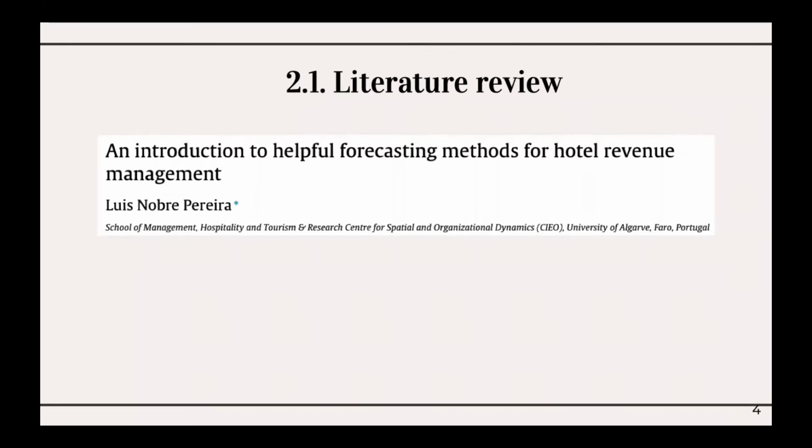They did not use traditional forecasting methods like we did in our study because their study was too complex. They studied the data from a Portuguese 4-star hotel with 300 rooms of 3 types: classic rooms, deluxe rooms, and suites, from January 1st, 2011 to February 25th, 2015, using 6 different forecasting techniques.